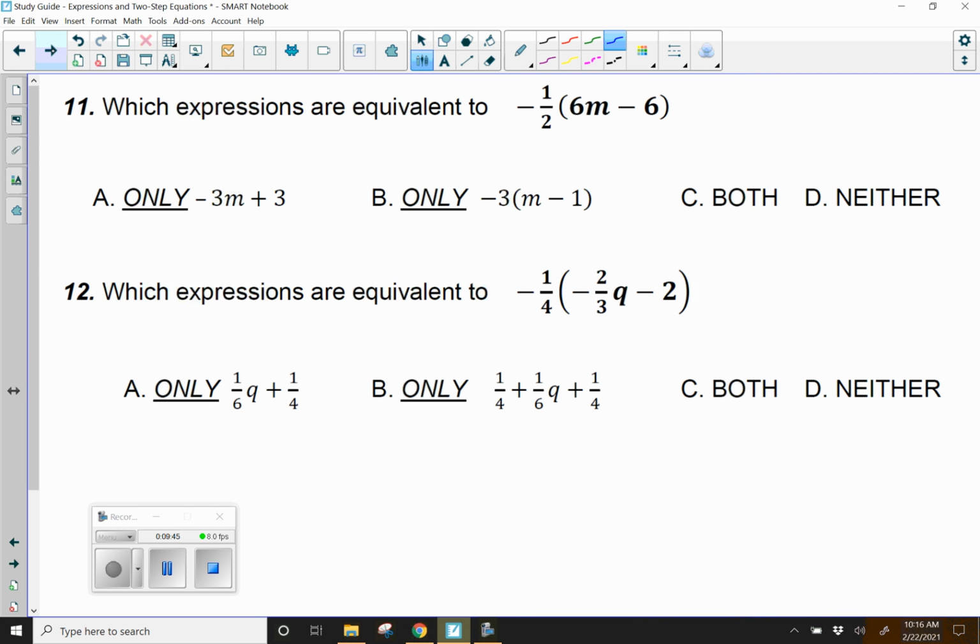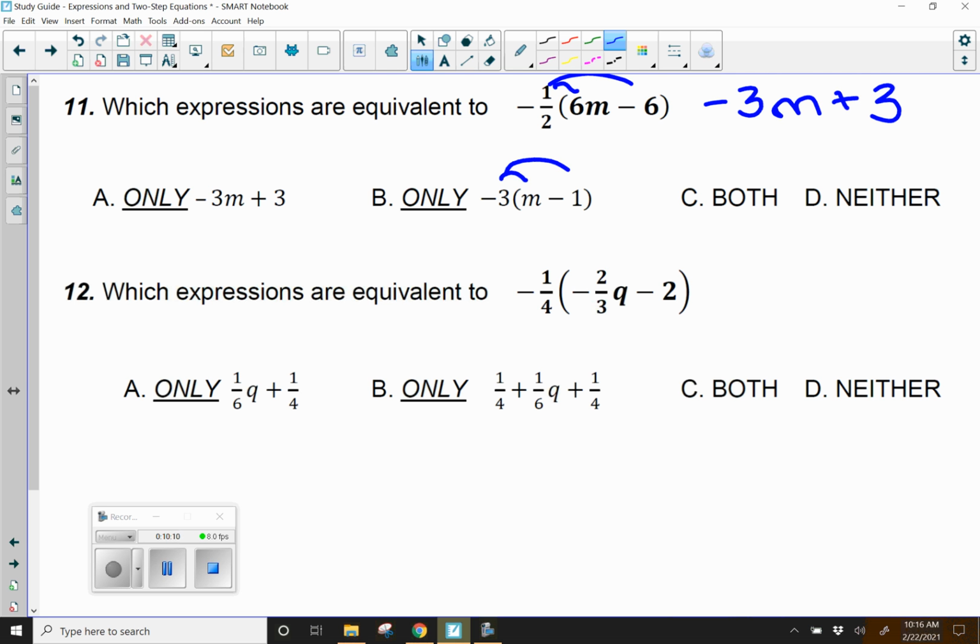Okay, halfway through, let's go to number 11. We had to distribute our negative 1/2. Don't make this harder than it is. So we have a negative times a positive, which is a negative, and half of 6m is 3m. Next, we've got a negative times a negative, which gives us a positive. And again, half of 6 is 3. So we are looking for a simplified expression of negative 3m plus 3, which I can see A works,